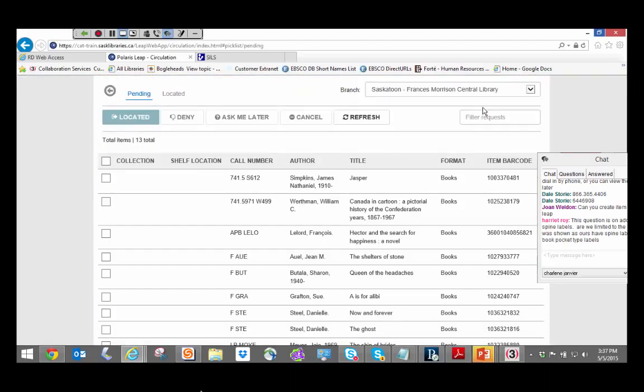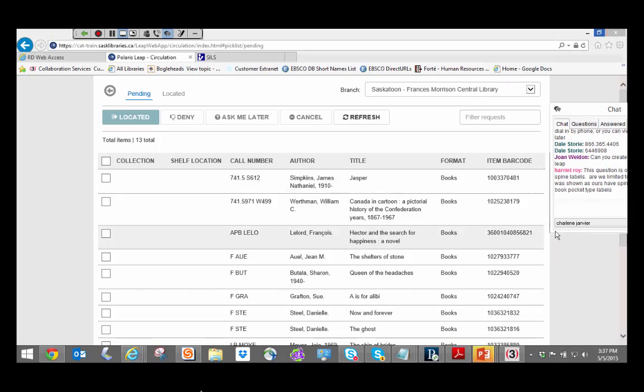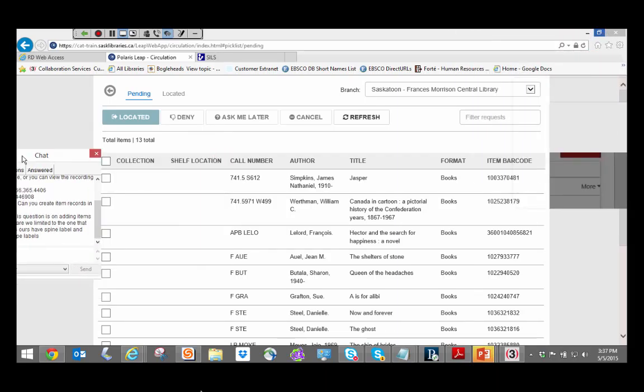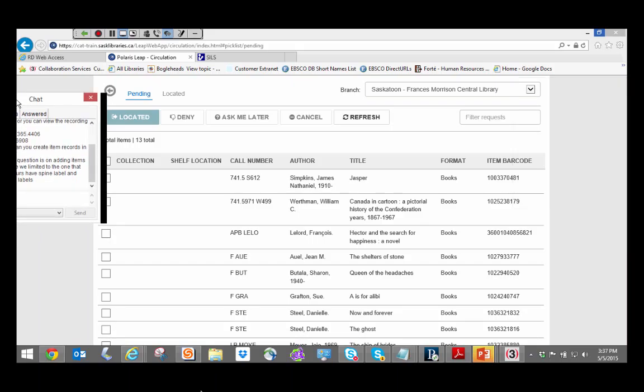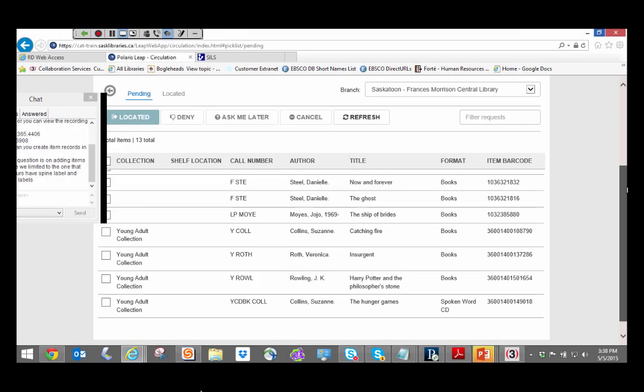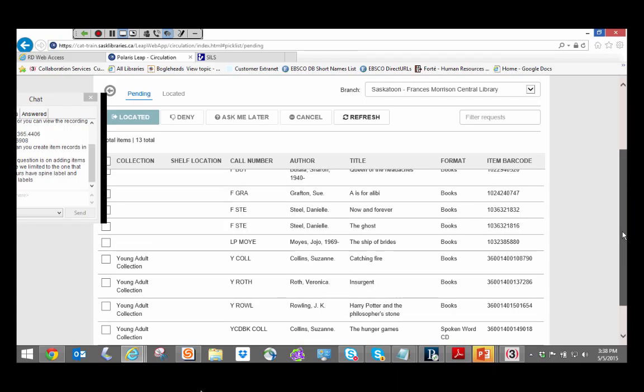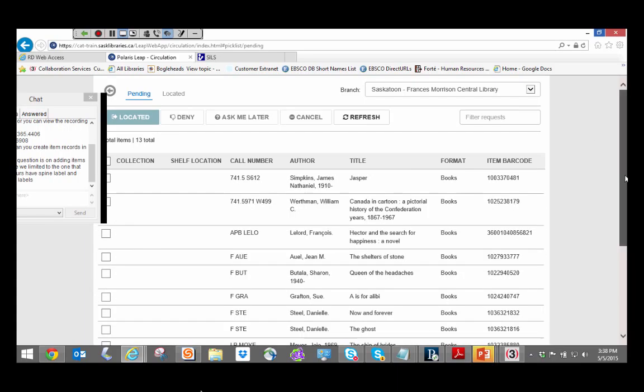So if I go to pick list, or at other branches, if I go to pick list processing, this is for the Saskatoon Francis Morrison Central Library. You can see that this list is being created for me, and it's a dynamic list. It's basically created every few minutes. I'm just trying to figure out where to stick the chat pane so I can see it, but so it doesn't block the screen. So here we're seeing it's by collection and then call number. So these are all note collections. It's the young adult collection, and so these are the ones that need to be picked